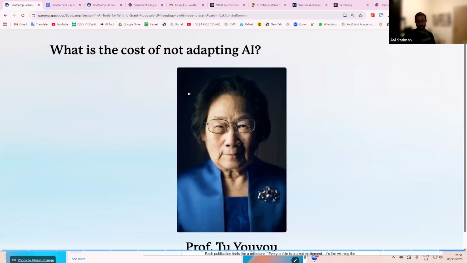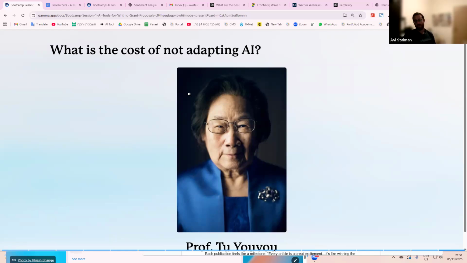So does anyone here know Professor Tu Youyou? Has anyone come across Professor Tu Youyou before? So Professor Tu Youyou, in my mind, is the most underrated, underappreciated science hero of our generation, but no one really knows her. So part of what I try to do is spread the word about her.